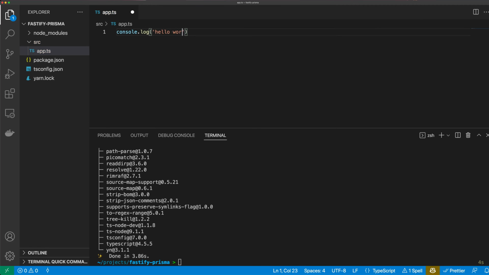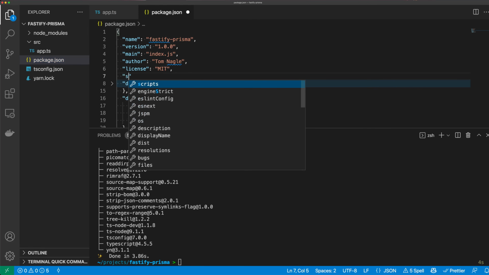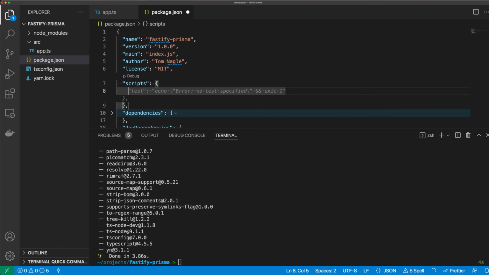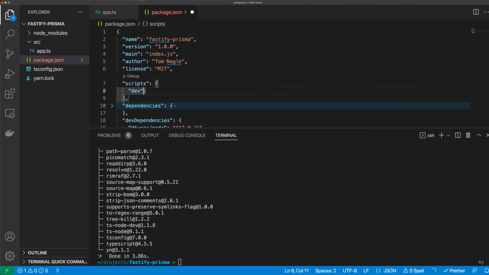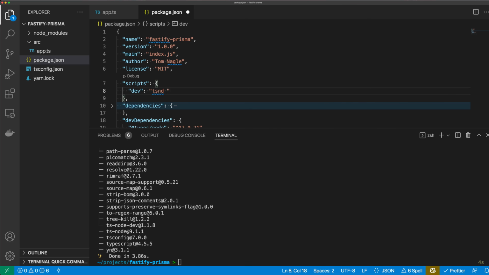hello world. Then to run this file, I'm going to come over to the package.json. I'm going to create a new scripts object. I'm going to call my new script dev. And then I'm going to use ts-node-dev. So I could say ts-node-dev, but there's a shorthand for this where I can say ts-nd. I'm going to give it a flag of --respawn, another flag of --transpile-only,